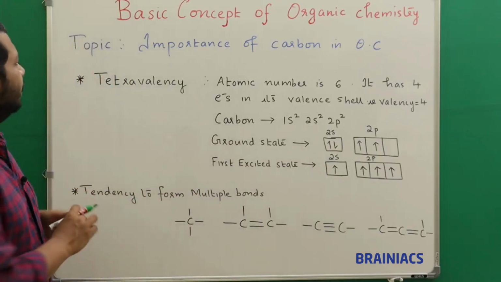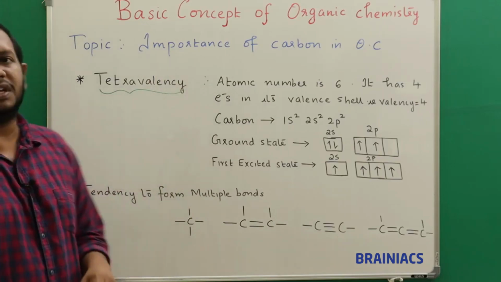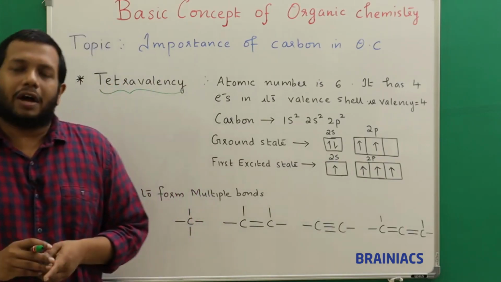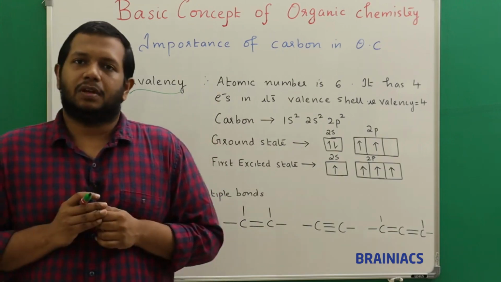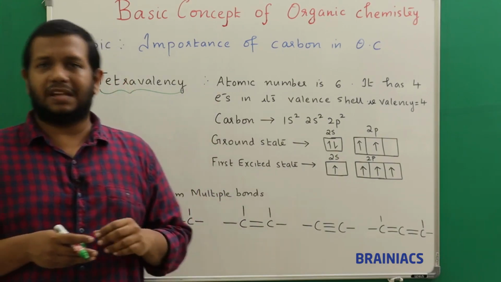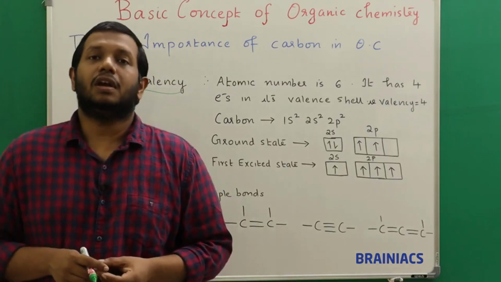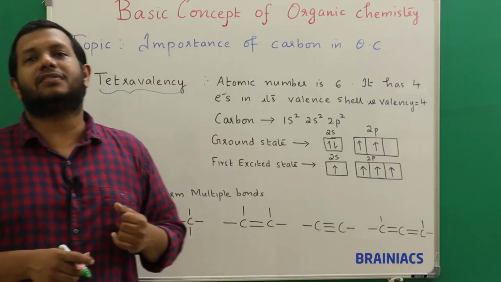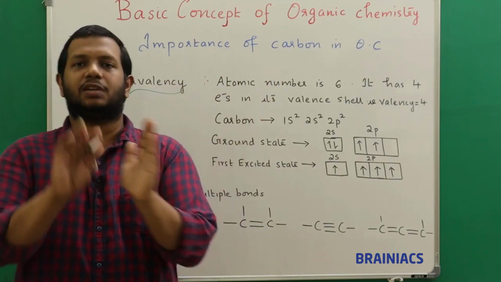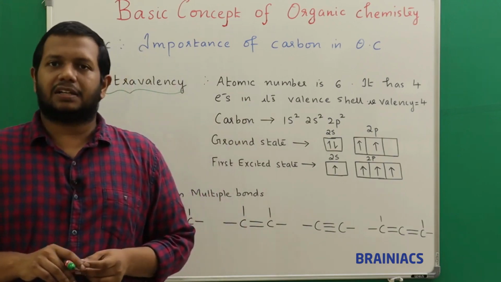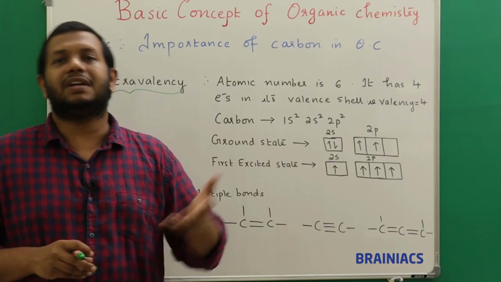Okay, the first reason I can say here is the tetravalency, that is, the valency of carbon being 4 actually. Why? Listen here. Suppose you take an element like sodium. Sodium, what is the atomic number? It is 11. So 2, 8, 1. That is the electronic configuration. So to attain stability, what does it need to do? It needs to remove one electron so that it will form 2, 8. Correct.